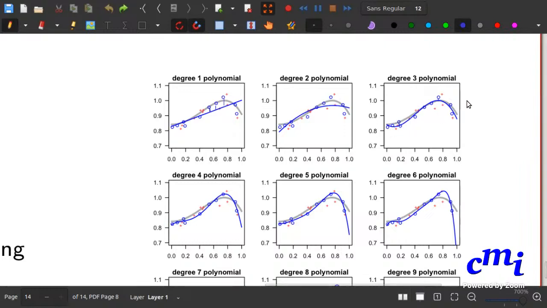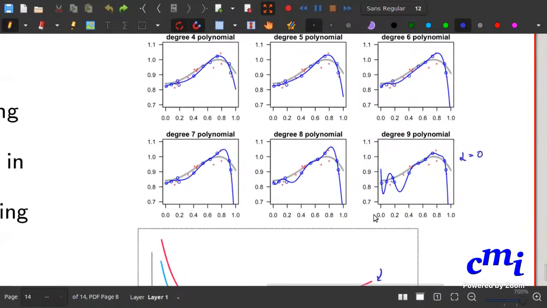But remember, we don't get to see a gray line, nor do we get to see these red points, right? During training, all we really have are the blue points. And you'll notice here that we still have some error for the blue points. So it might feel intuitive to say, okay, let's try degree 4, because if we allow for more degree, then we'll essentially allow the line to curve more and hit more points, right? So we can do that. And we can keep trying higher and higher degrees.